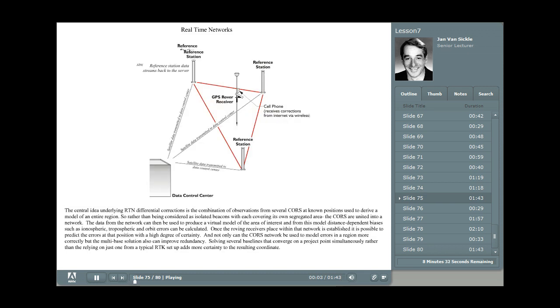Here's an example of what I mean. Let's suppose that these 4 reference stations all transmit their tracked GPS data to the data control center. And then this rover, in between the triangle that is generated by these 3, can have a differential correction sent to it from this data control center. Then that correction can take into account the corrections available on all 3 of these reference stations as a network,